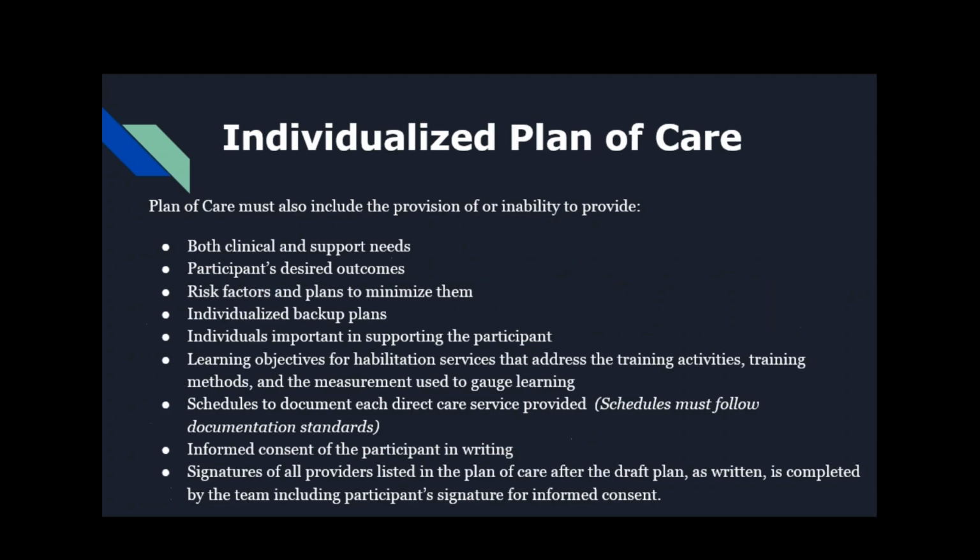Continuing on with the individualized plan of care, it must also include the provision of or inability to provide both clinical and support needs, the participant's desired outcomes, any risk factors and plans to minimize those, individualized backup plans, individuals important in supporting the participant, any learning objectives for habilitation services that address the training activities, training methods, and the measurement used to gauge the learning,